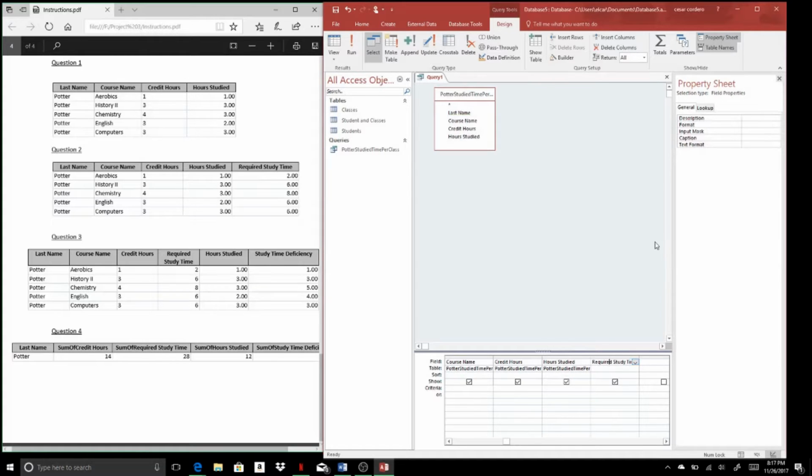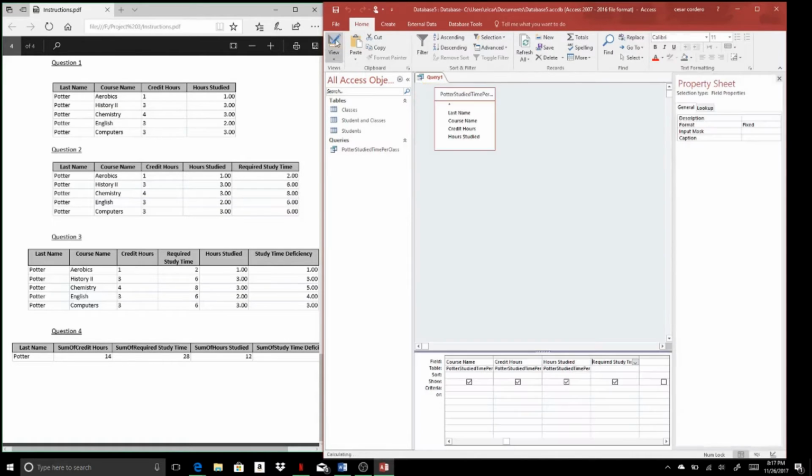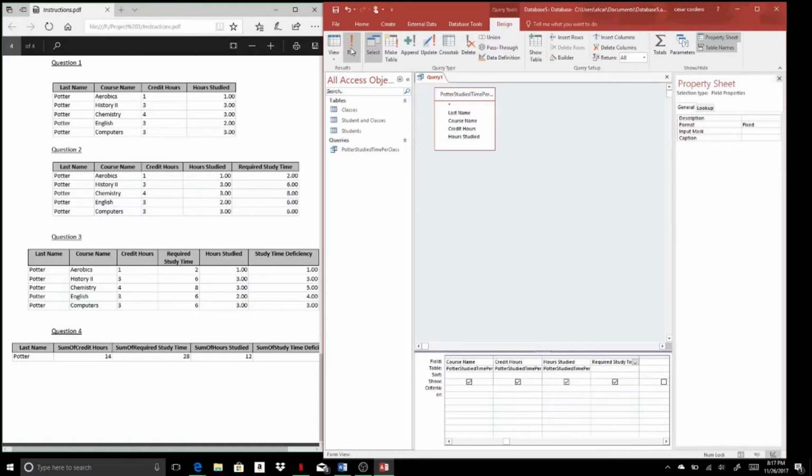And then you can click required study time, click format, then the arrow, and you can do fixed, and you can go to the view button, and make sure it's the right format for the instructions. So is everything right? So you're gonna click again view, and also run,